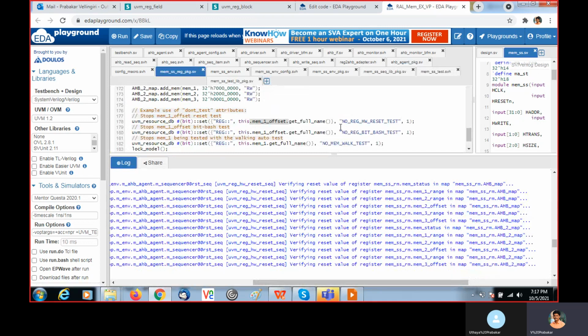The reset sequence is performed, right? We called it, but it is not happening for mem1 offset. It happens for mem1 range, mem2 range, mem2 offset, mem3 range and mem3 offset, but it does not happen for mem1 offset. So this is the way we can disable the corresponding sequences for a particular register. That's all about RAM.